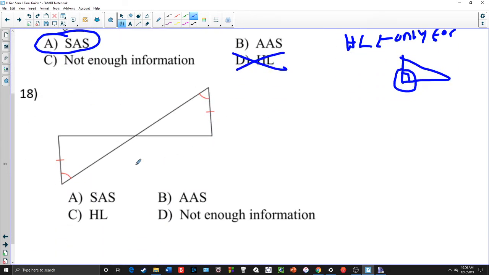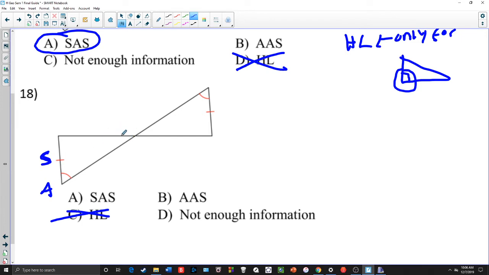So down here, again, there's no right angle marked, so we can automatically cross out HL because that's not going to happen. Right now we have a pair of sides, so I'll write it on this triangle here. So this is a side. And we have a pair of angles matching, so we'll do A. If you want to write them in both, you can. I would just prefer to write it in one just so it's less for me to do. But once again, we're kind of stuck. We don't have any other markings to go off of. But what we have to